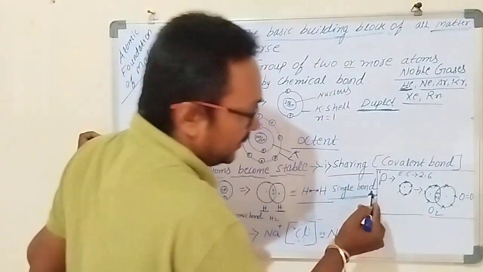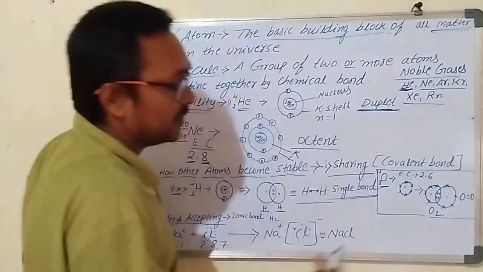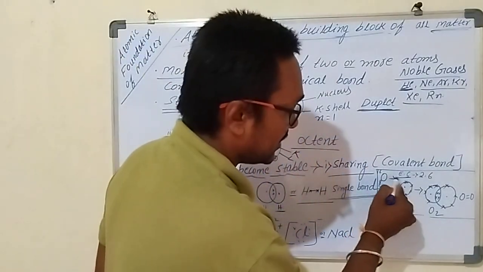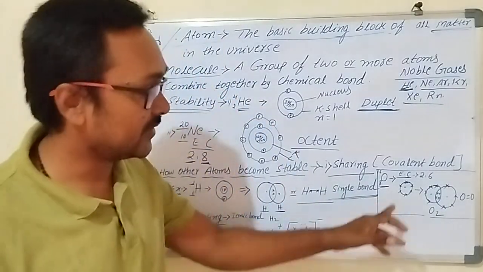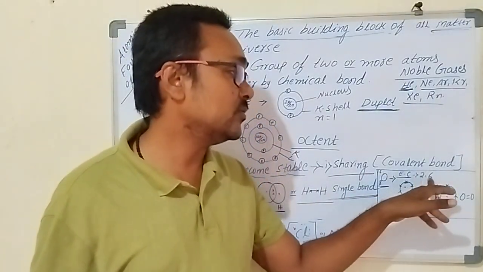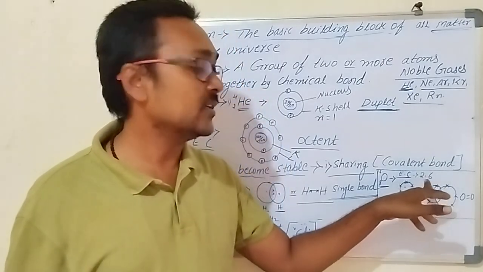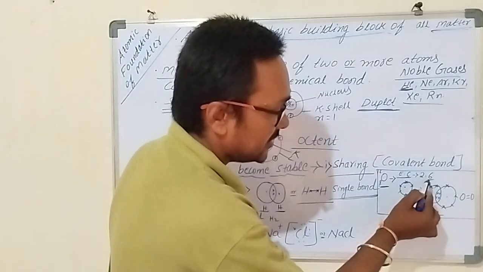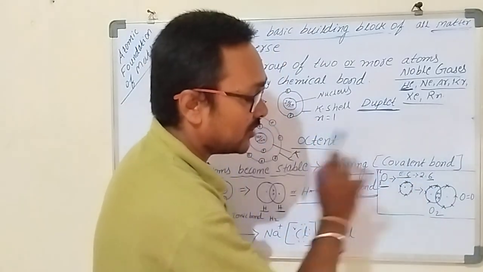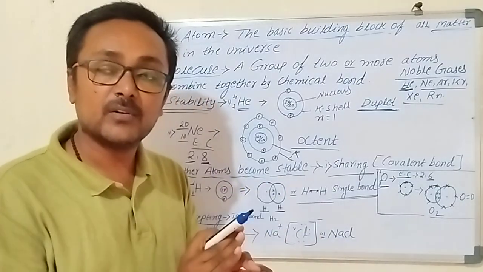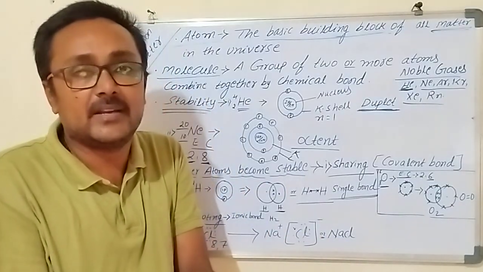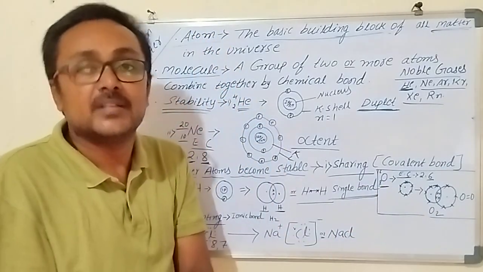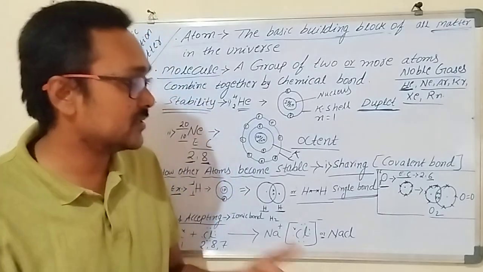Now let me take oxygen. It forms the double bond. How does it form the double bond? Its atomic number is 8 and its mass number is 16. Its electronic configuration, how the electrons are arranged in its atom, is 2, 6. 2 electrons in the K shell, 6 electrons in the L shell. So I am taking here only the 6 electrons in the outermost shell. The K shell I have not drawn here because duplet formation is already there, those 2 electrons inside are not involved in any chemical reaction. So these outermost orbit electrons only are involved in sharing electrons, forming molecules, all these things